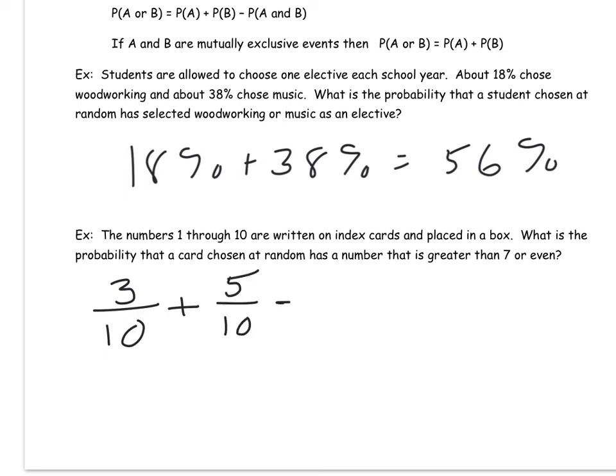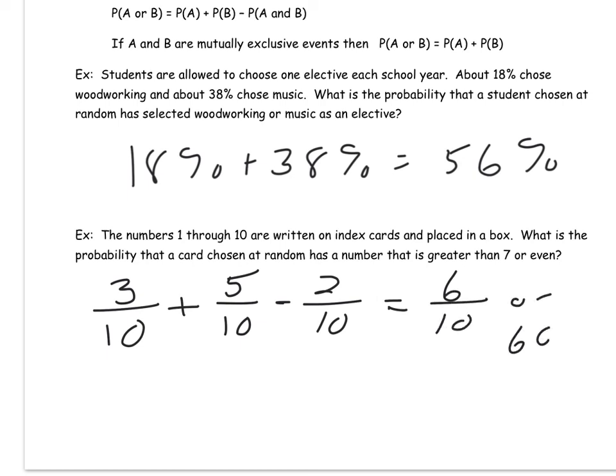But then we have to subtract numbers that are both greater than 7 and even. So we said greater than 7 was 8, 9, and 10, but 8 and 10 are even, so we have to subtract 2 out of 10. So we'll end up with 3 plus 5 is 8, 8 minus 2 is 6 out of 10,